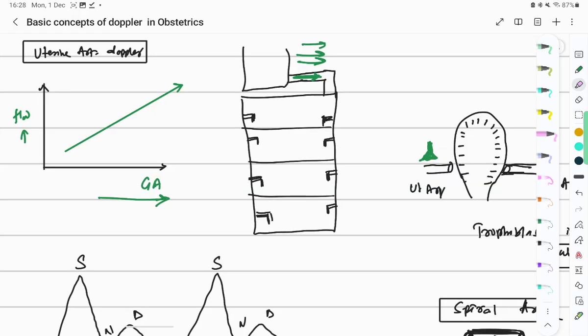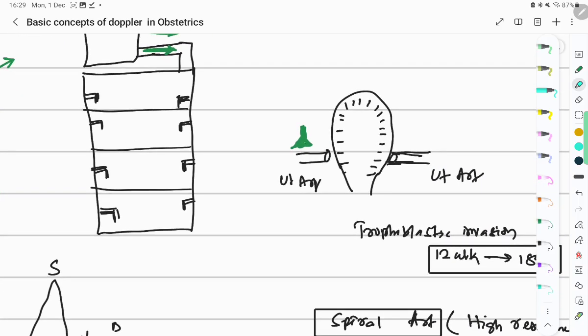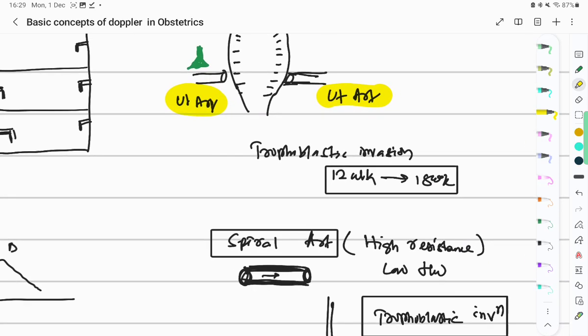First, coming to the concept of umbilical artery Doppler and uterine artery Doppler. The basic concept is that during early pregnancy, there is a uterine artery at the level of the internal os. The first thing is why you are measuring uterine artery Doppler in both the first trimester and second trimester. Why? Because there is a trophoblastic invasion